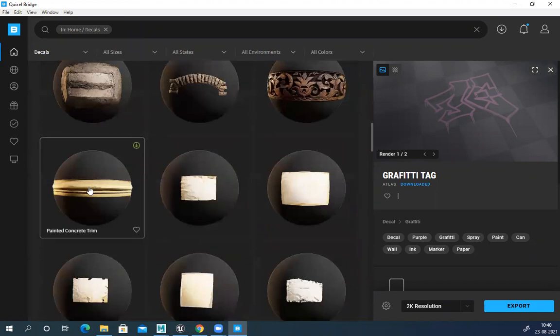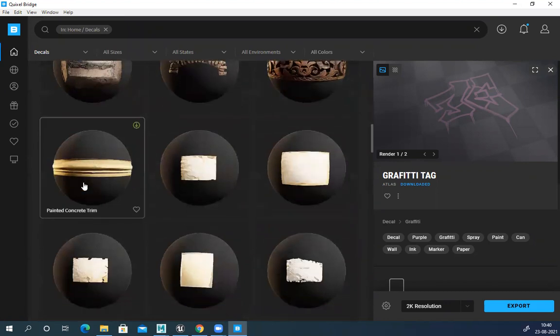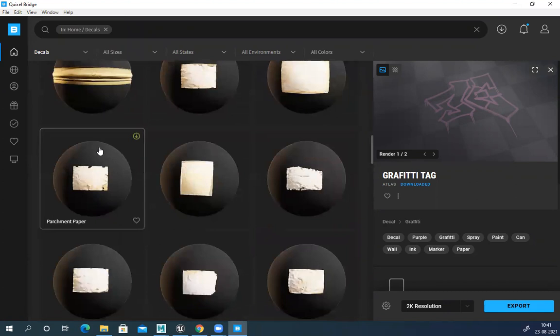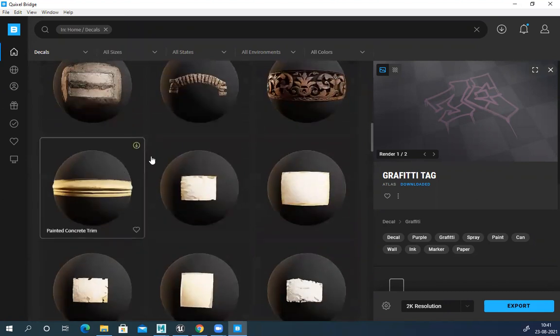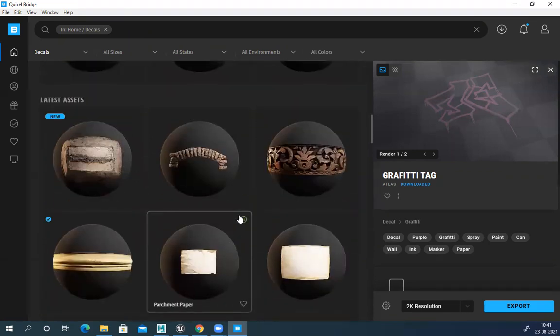So something like this, I want to create a partition or some trim, so I can definitely use it and create a little partition. Painted concrete trim.